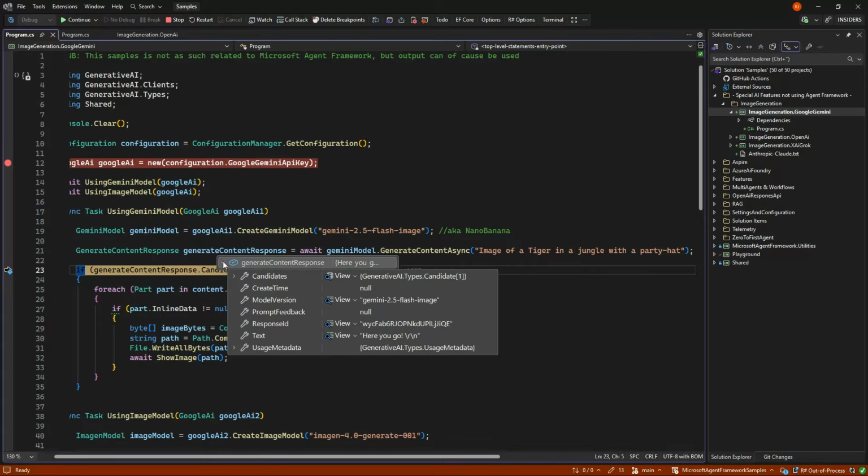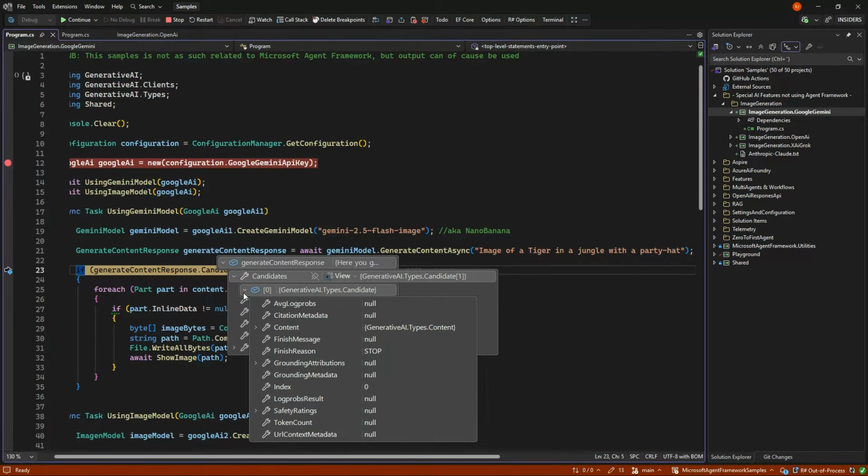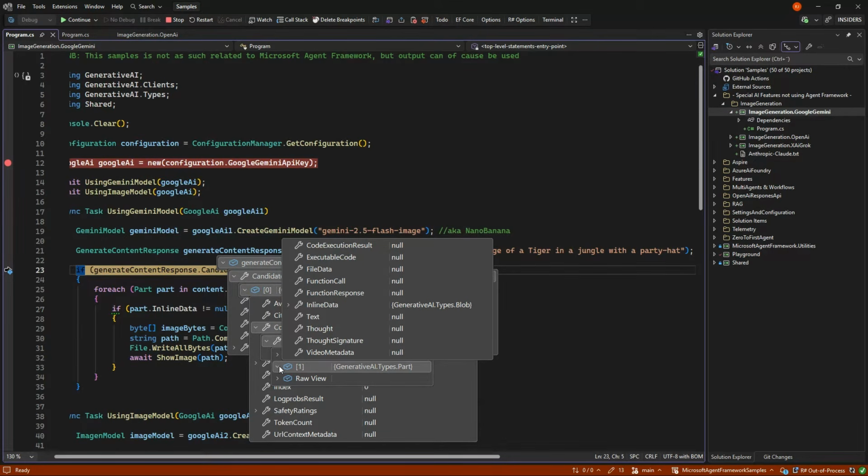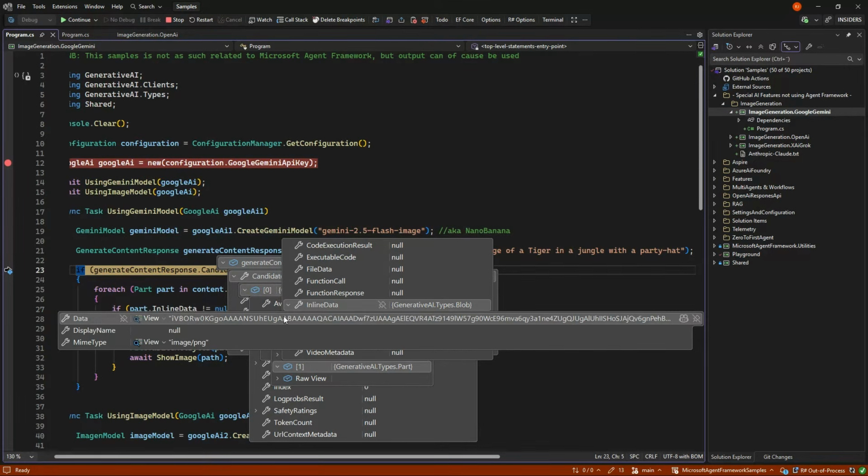And we get back a little text, say here our image. But what we see is we get these candidates, they're called. And in here we have some content. And we can see there's two parts of content, one being the text and the second being a base64 image.